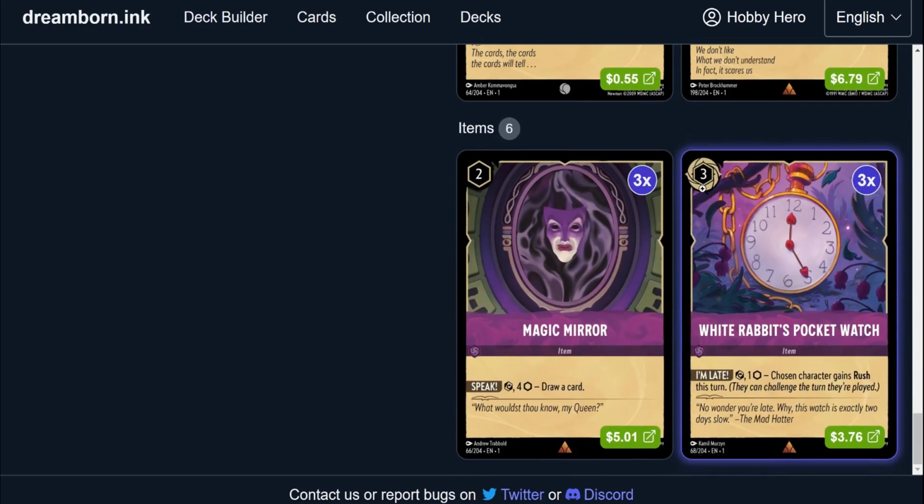Then we get into our items. Again, he is not running any Cauldron, instead going full Magic Mirror as a 3 of, and 3 of the White Rabbit's Pocket Watch. Again, these are more of a preference choice. I don't know that I can say one way is right or wrong. I think personally, I'm running 1 Magic Mirror, 2 Cauldrons, and I think 2 Watches right now. So,